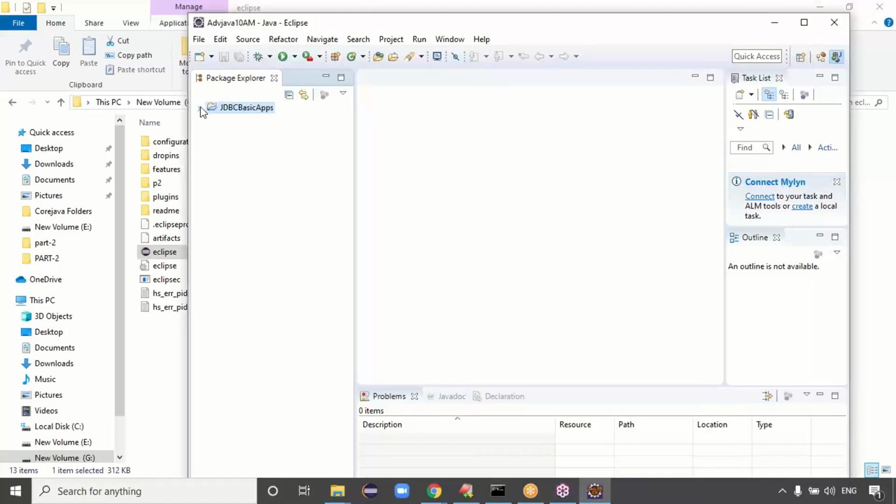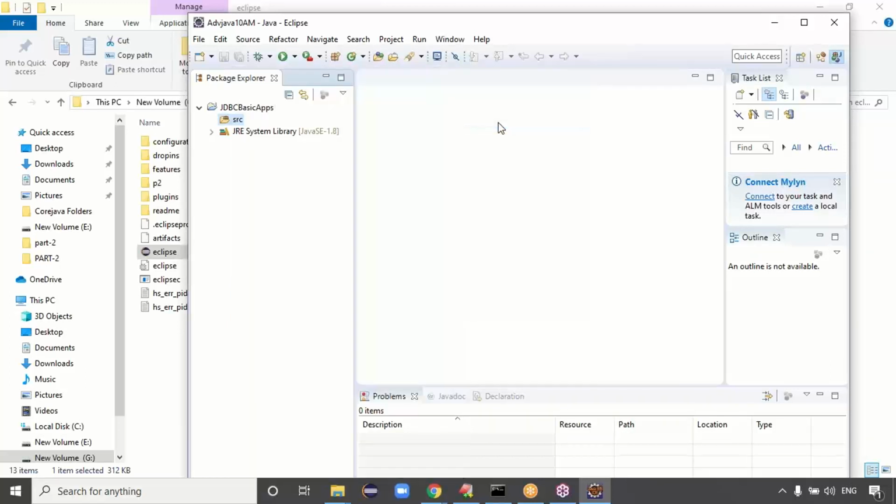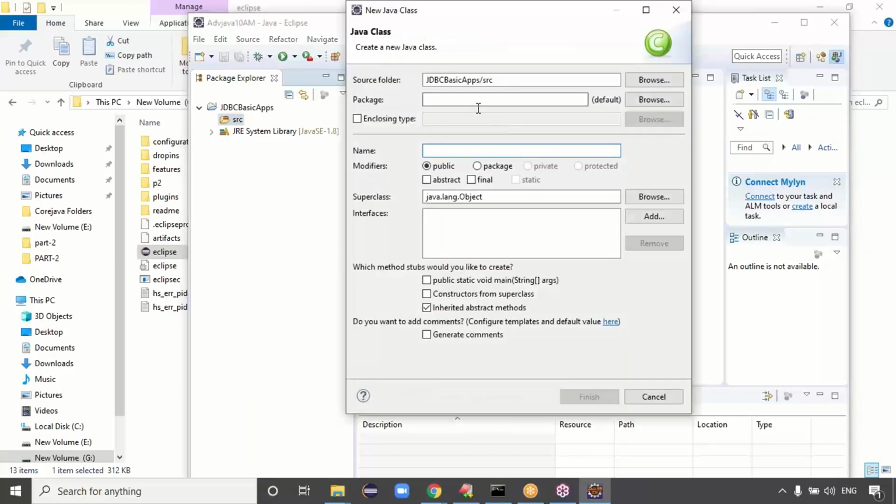Now it's showing all the projects. Here you can see the src folder, and here we have to create the class. Right click, New, I want to create a class. Give the package name, because in core Java, to create a class the package name is mandatory: com.tcs.